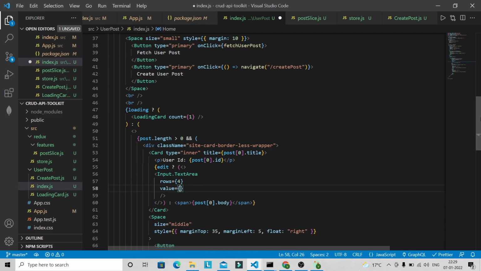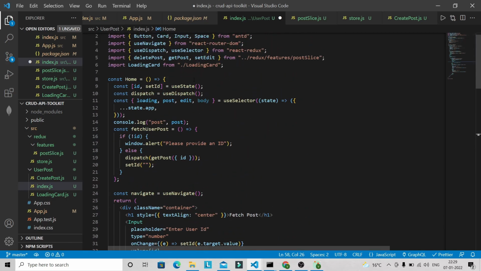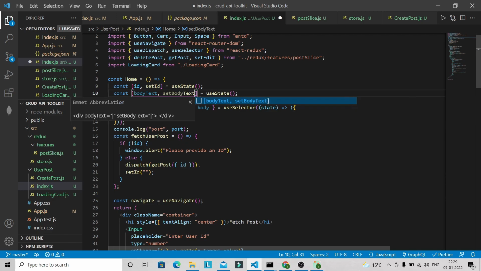So first we have to define a state for this body value. So here we can have one more state like bodyText. Okay, because we are just updating the body of the single blog post, so we are not updating the title. So setBodyText, and it will be empty,